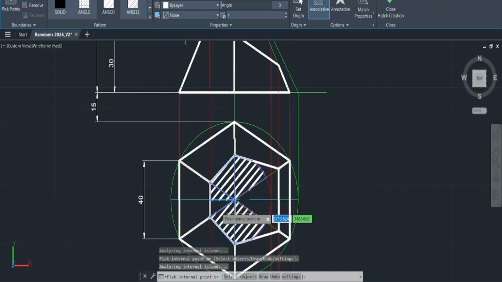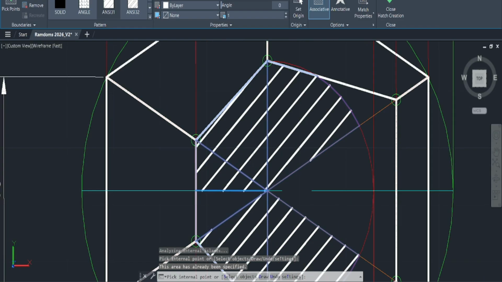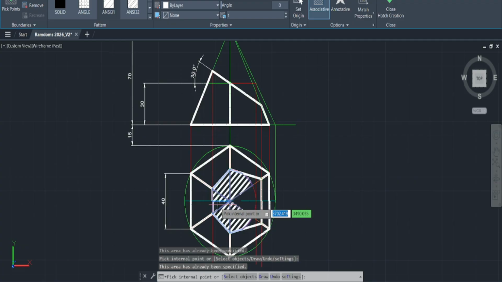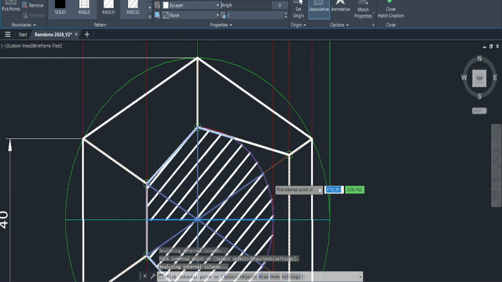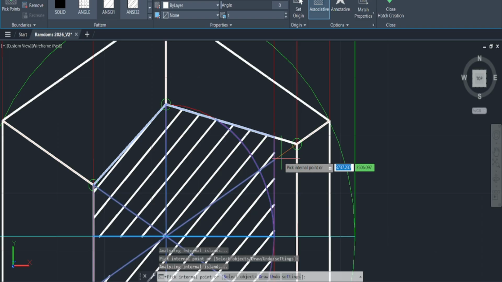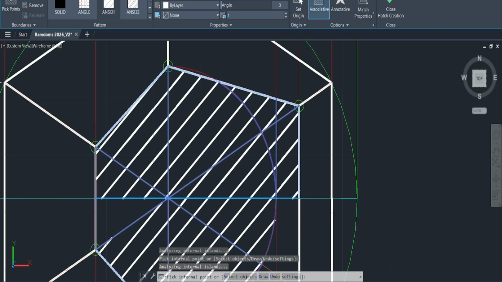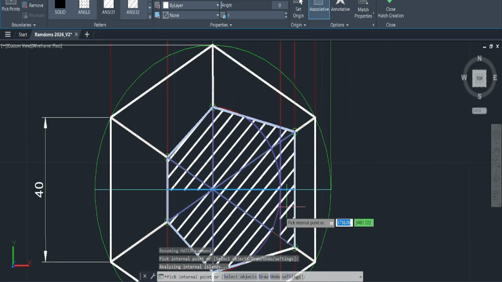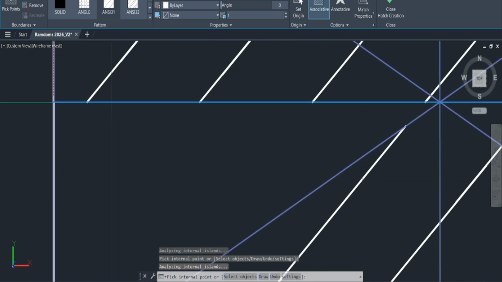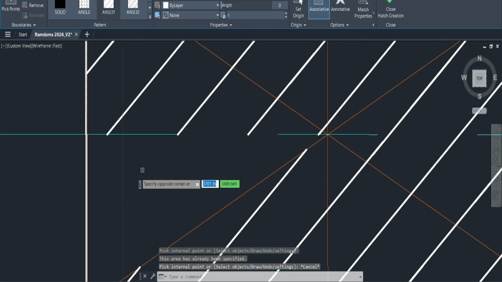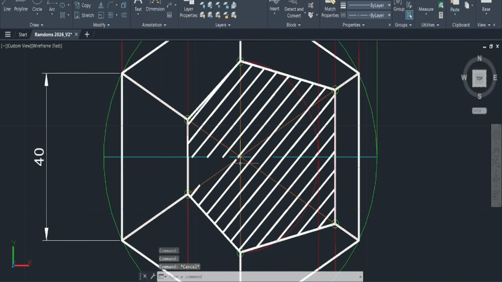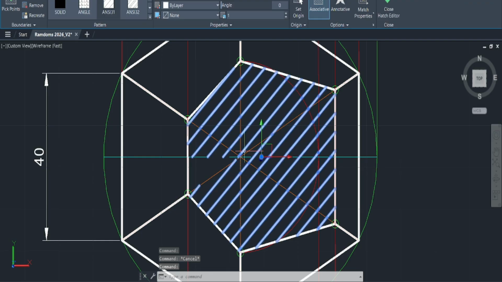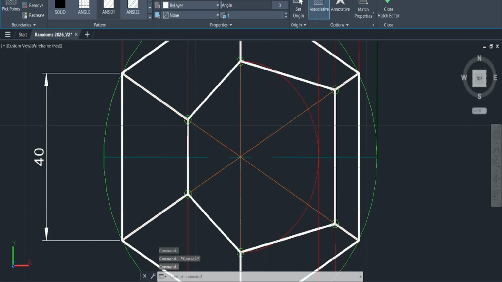I could have simply turned off my layer. Oh no. So some of them aren't coming in. Let's see if we can get a space here. So why am I not getting it? Okay. This space here, this space here, this space here. This space here. For some reason this one here didn't do it, so it's okay. I will just click everything. I will delete it. I will then